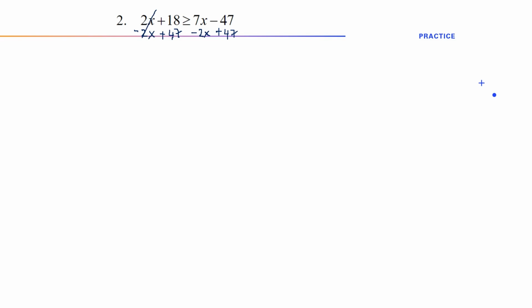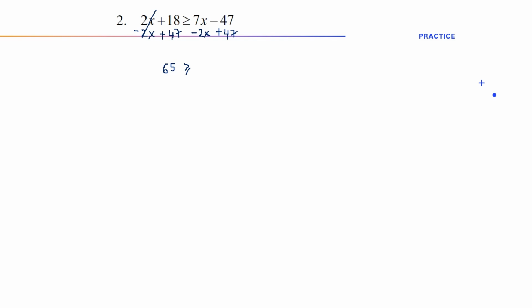On the left hand side, we have 18 and 47. 8 plus 7 is 15, remember 1, so 65. Greater than or equal to 7x